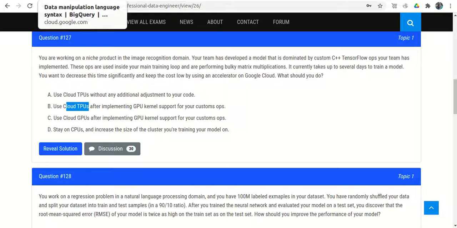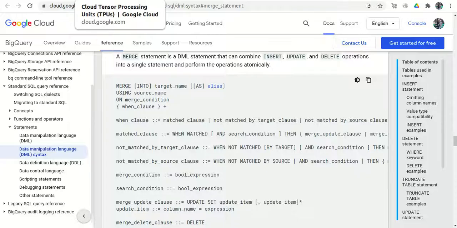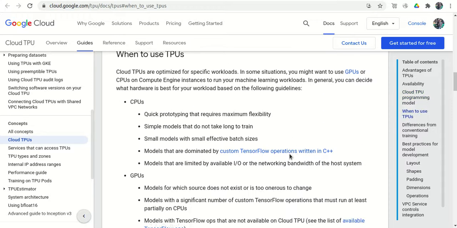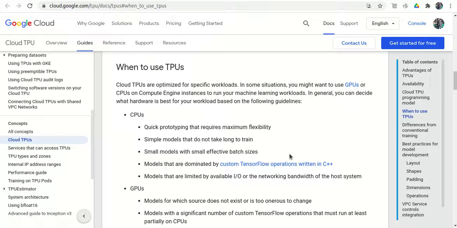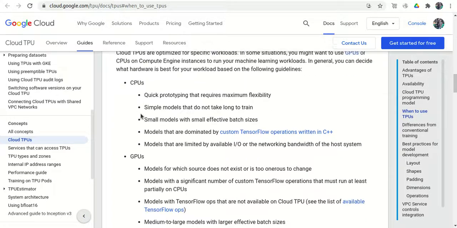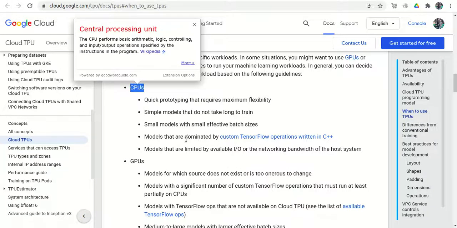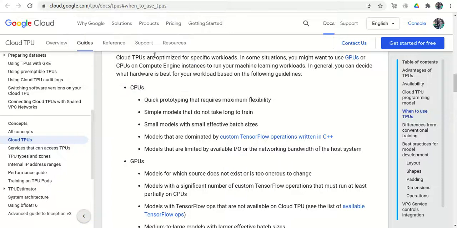If you go to the official documentation, let me show you. Here it is given when we have to use the TPU, when we have to use the CPU, when we have to use the GPU. We have to use the CPU when models are dominated by custom TensorFlow operations written in C++.